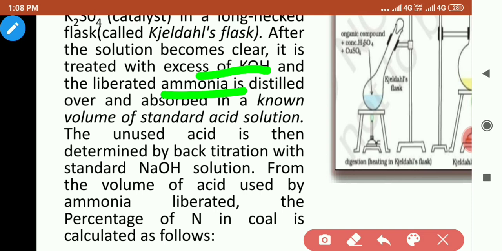तो KOH के साथ अमोनियम हाइड्रोक्साइड की रिएक्शन हो गई और अमोनिया का लिबरेशन होगा, and this ammonia is absorbed in a known volume of standard solution of acid. H2SO4 हमने लिया हुआ है, उसमें एसिड में एब्जॉर्ब करा लेंगे. जो अनयूज्ड एसिड है उसका हम बैक टाइट्रेशन के थ्रू स्टैंडर्ड NaOH सोल्यूशन के साथ कराएंगे, उसका भी हम डिटर्मिनेशन करेंगे. And then the volume of the acid used by ammonia liberated, that is used for the determination